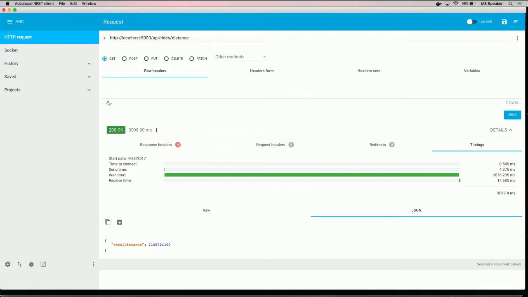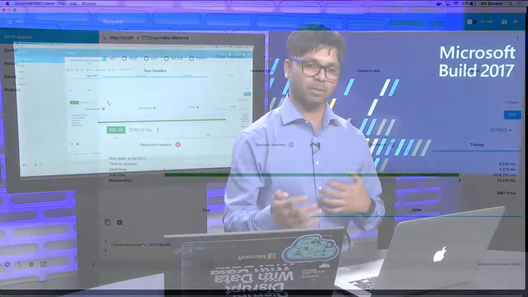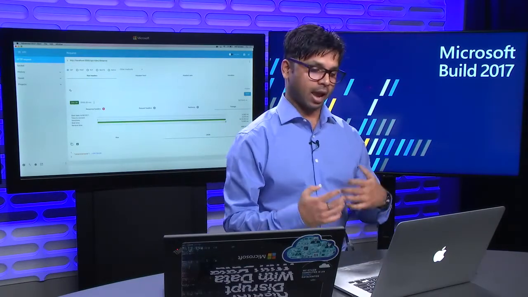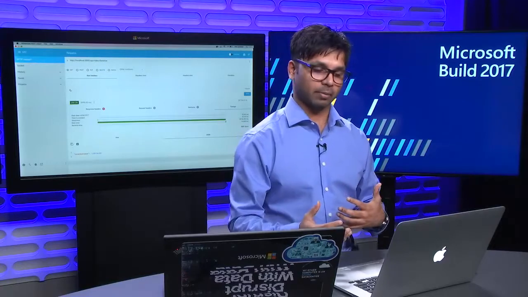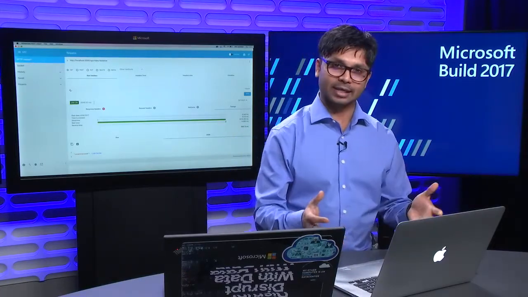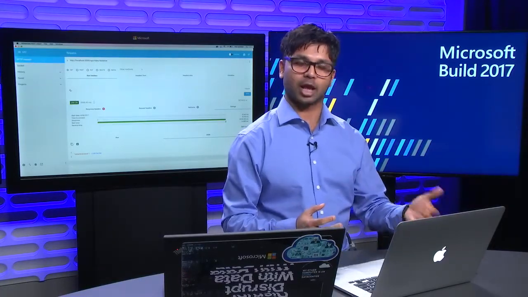For an application as rich as Bike Sharing 360, which is so enterprisey, it's very important for Bike Sharing 360 to reduce this time frame. How do we do that? What we're going to do is enable the in-memory support within Entity Framework. While we enable that, we'll come back and rerun this application and see the time frame and the difference. Now, to be realistic, as we ran the application for the first time, you could see